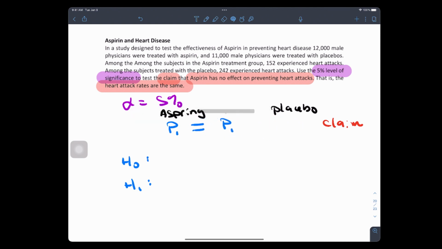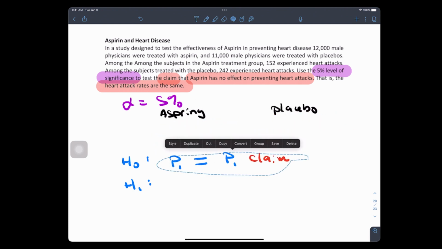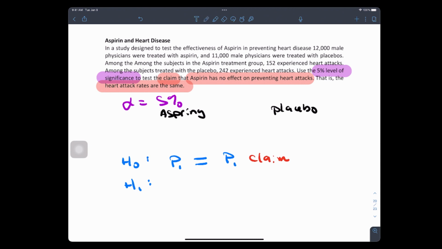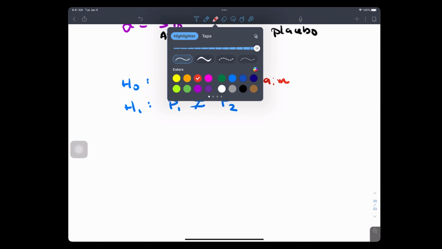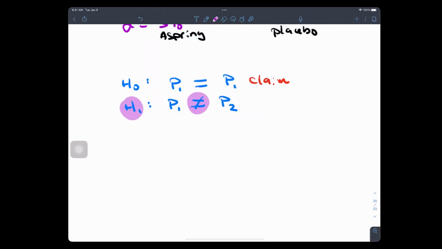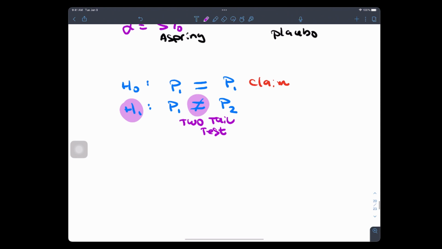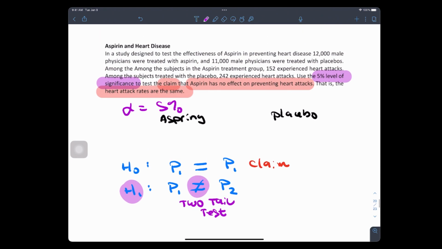Okay, so I'm going to put it here so it fits. How do you know that's a null? The condition of equality. What's the opposite of that statement? Not equal. Is that right? Okay. What kind of test is this? Is that a two-tailed test? Okay, you guys okay with that? That's going to be a two-tailed test. Is that right? So that's the real deal.